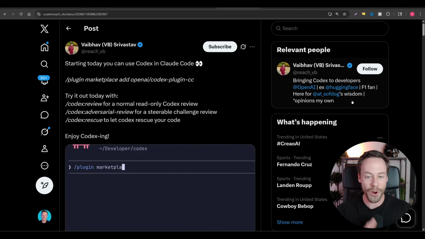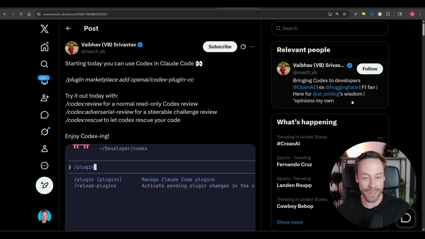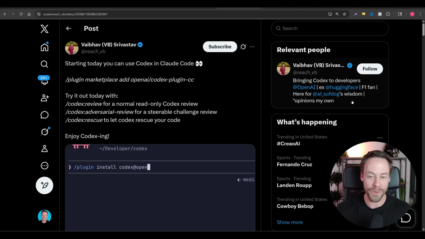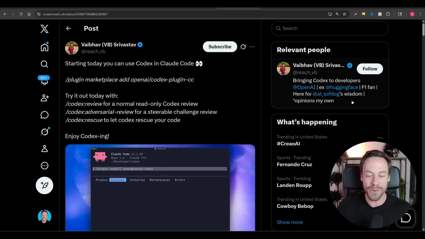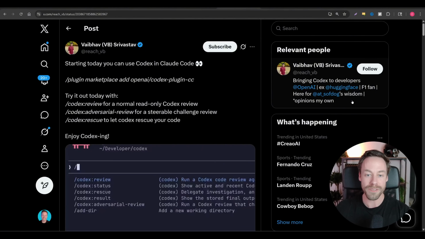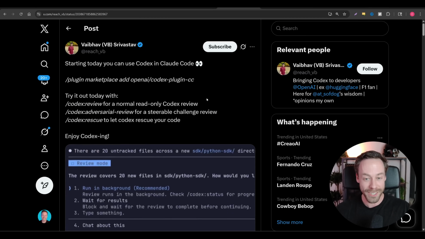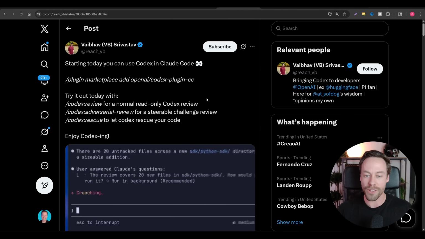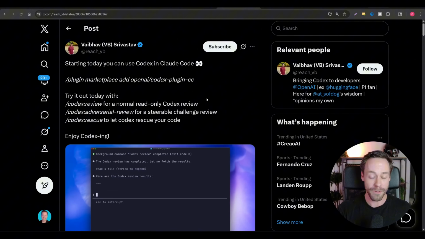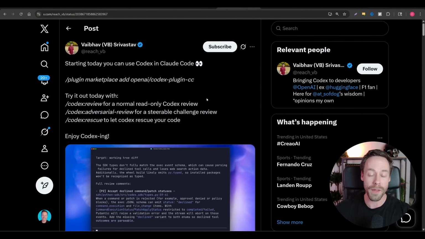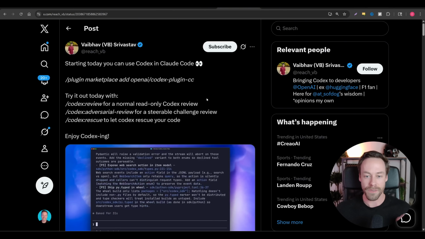So we can now use Codex inside of Claude Code. OpenAI has made it so the number one competitor to Opus 4.6 is now something you can use inside of the Anthropic ecosystem. And this is great news for all Claude Code enjoyers, especially if you're someone who has been struggling with usage rates, because frankly, Codex gives you a way better bang for your buck in terms of dollar to